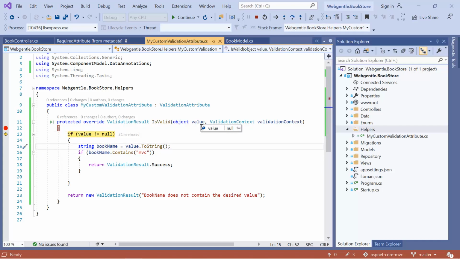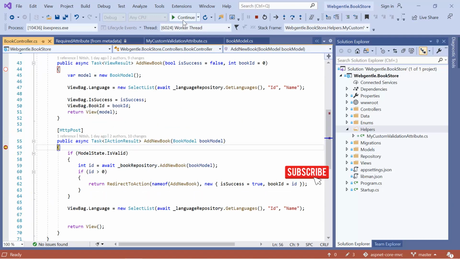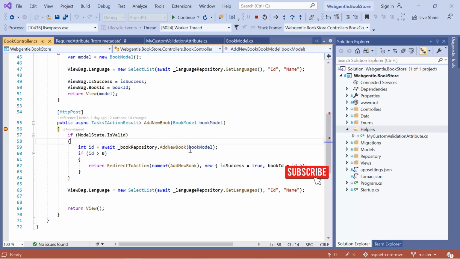Inside the value field, we have null because we are not passing anything into the name of the book. That is why we are having null over here. And if it is null, then it will come from the execution of this if block directly to the return message over here, and we simply are returning this error message. Let's click on the continue button again, and now you can notice that we got the breakpoint over here in this post method. Let's click on the F10.